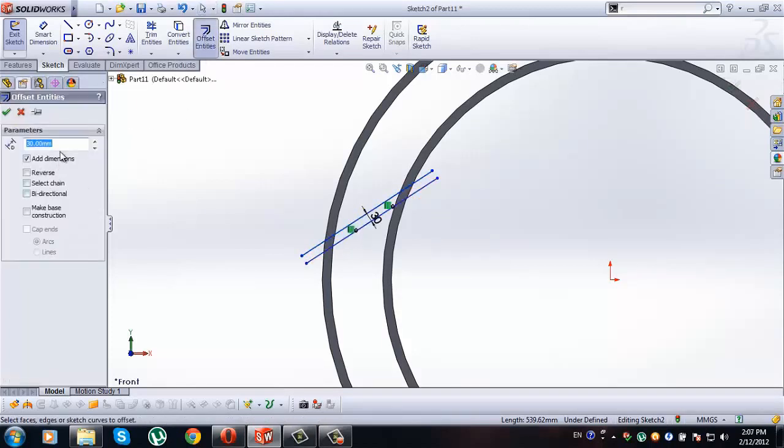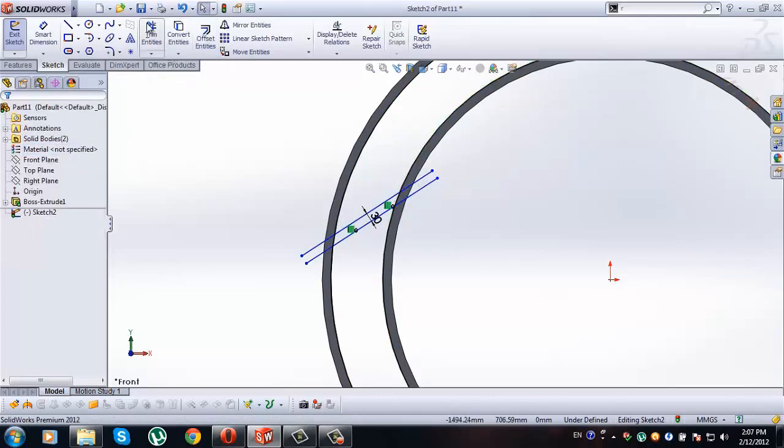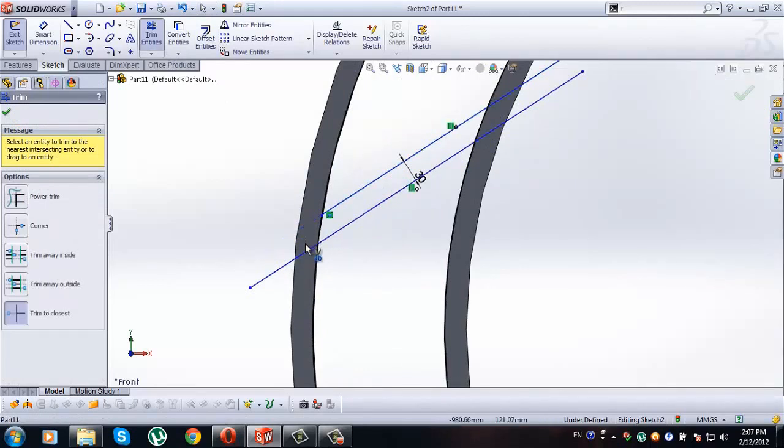Now again go offset, type here 0, and offset this circle and this circle here. So first we one by one offset, and now offset this one. Okay, check it. Now go trim entities, trim these lines here,